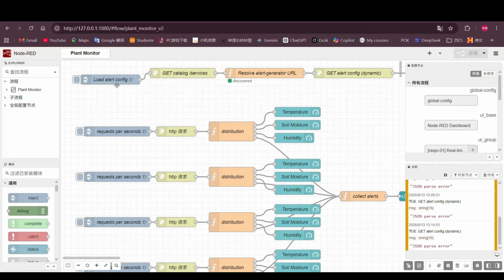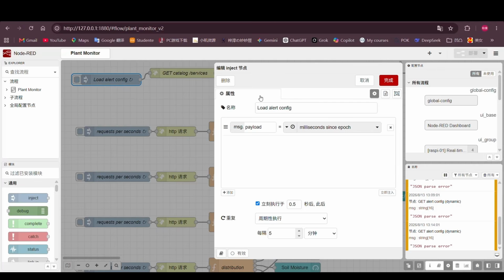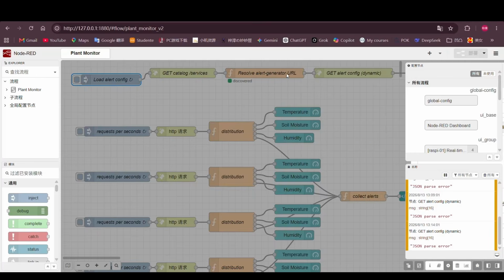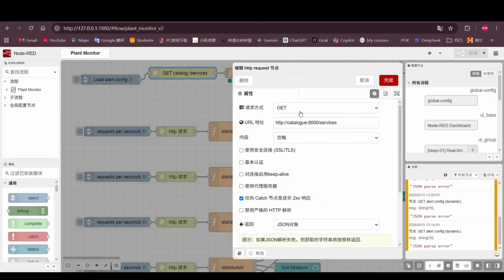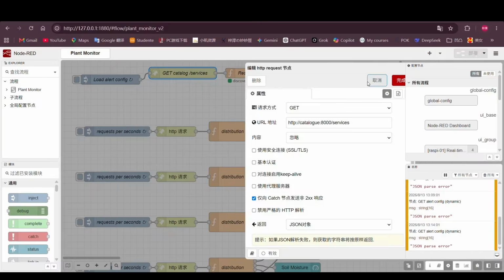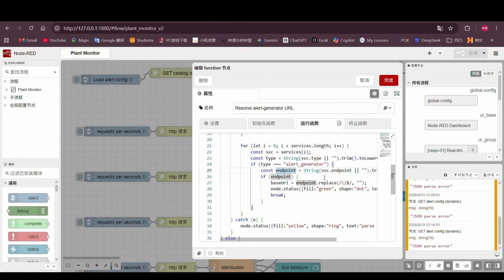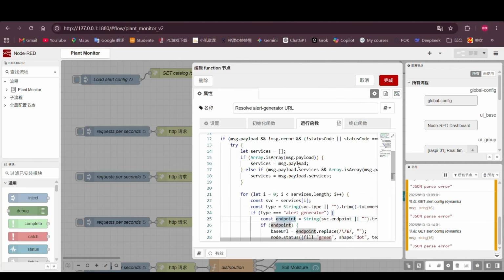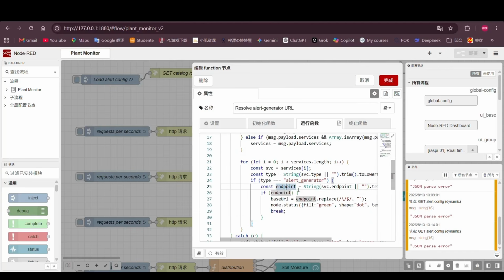Let's see about this flow.json. At first, the inject node fires every 5 minutes. Every 5 minutes, it uses a GET request on this URL to the catalog service to request the alert generator service. We can see about this. If we find the alert generator, then we